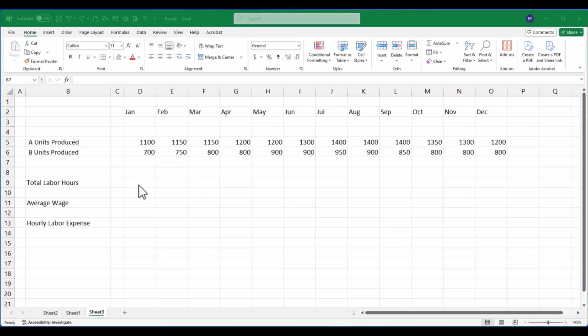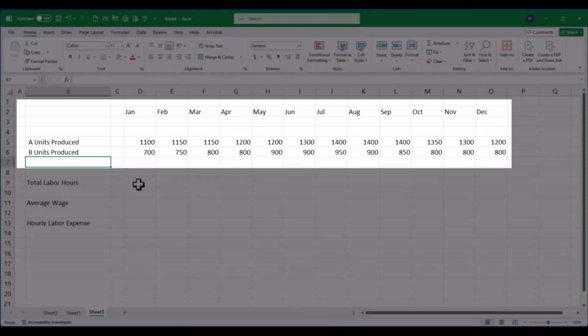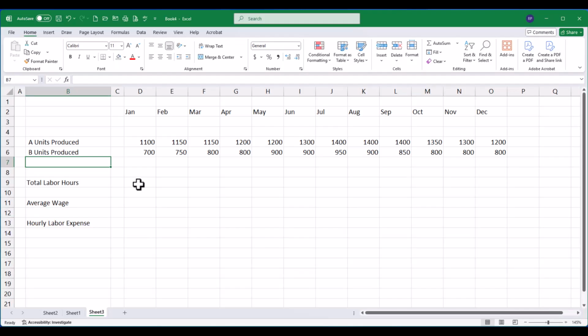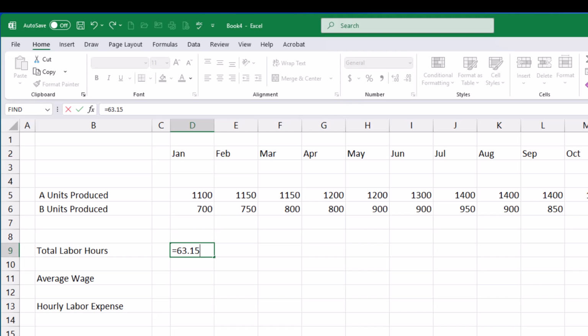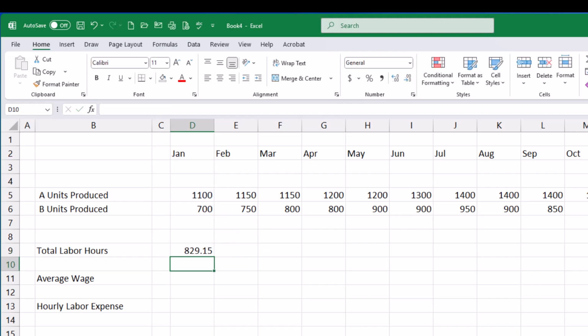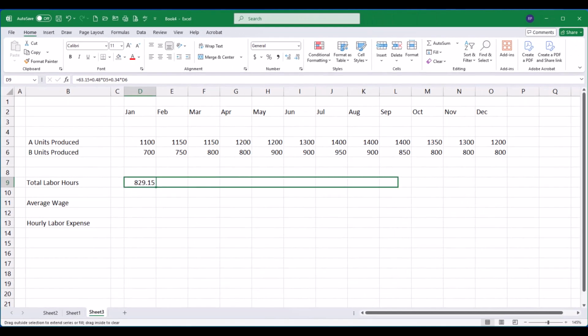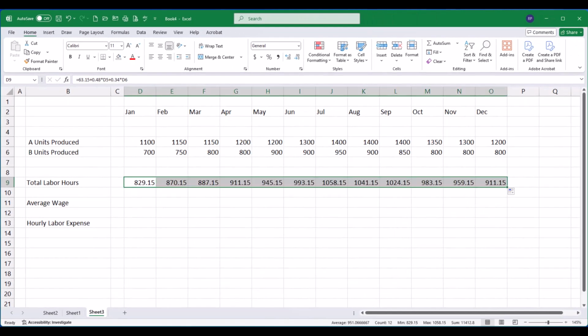Now, let's bring everything together. To continue with our example of creating a labor budget, we will start with a production forecast for products A and B that resulted from the revenue planning phase. We can forecast our future labor hour needs using the projection formula from our multiple regression analysis. Total hours equals 63.15 fixed hours plus 0.48 hours per product A and 0.34 hours per product B. We do not expect any operational changes, so this provides our best estimate for future labor hours.